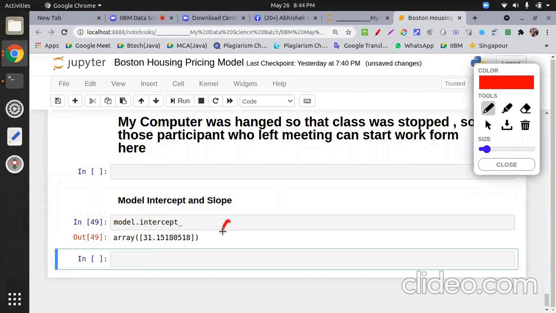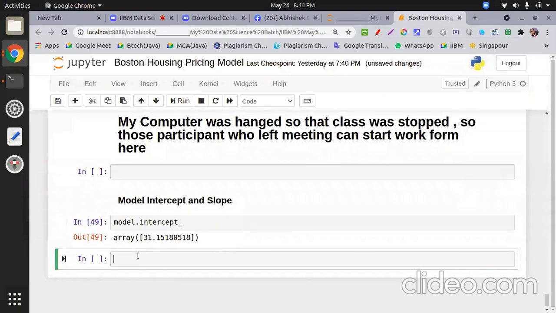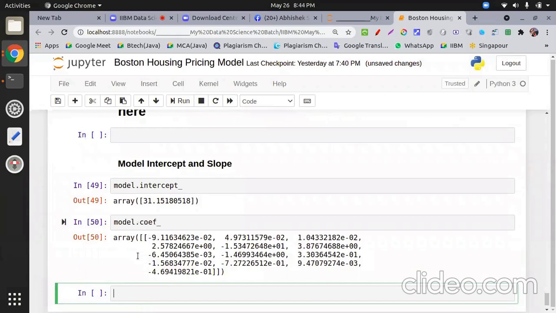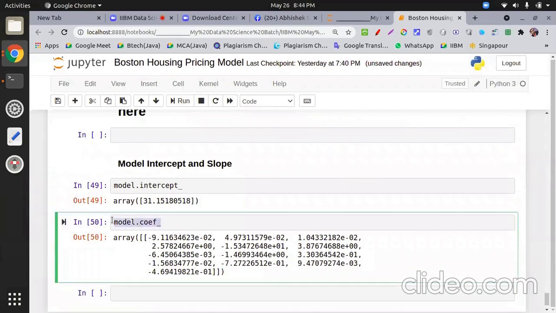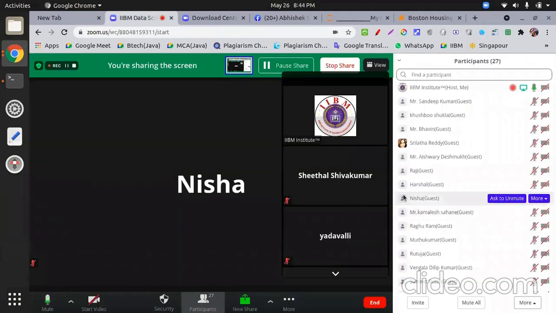The value of C is the intercept. And model.coef_, the coefficient. Why do I write coefficient over here even if this is the slope? Whose coefficient is this? Yes, Harshal, any idea? Whose coefficient is this, even if this is the slope?